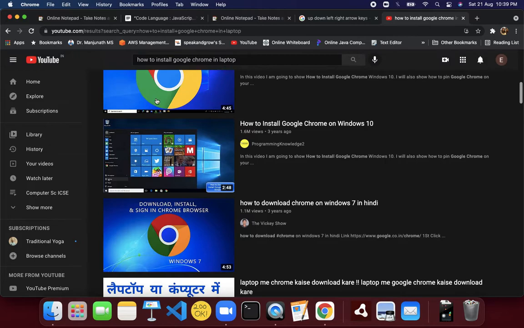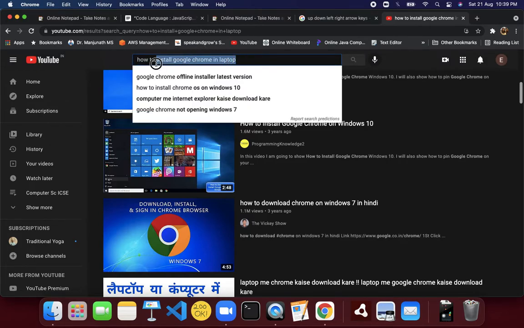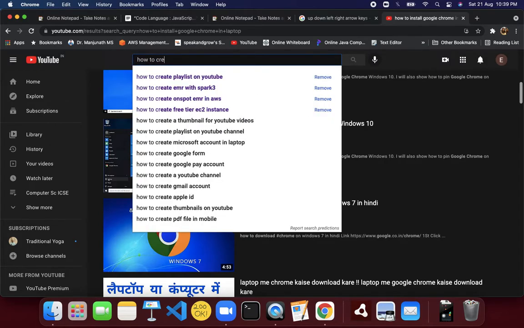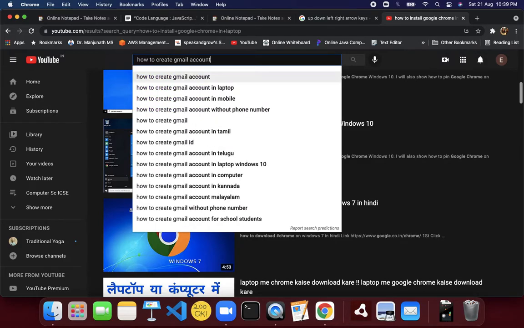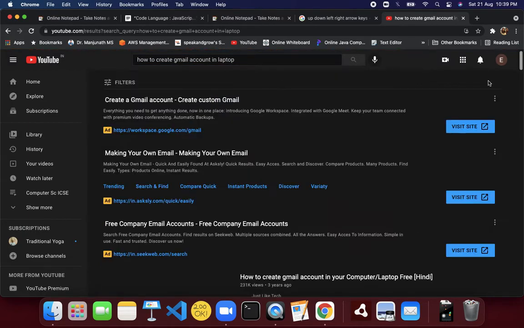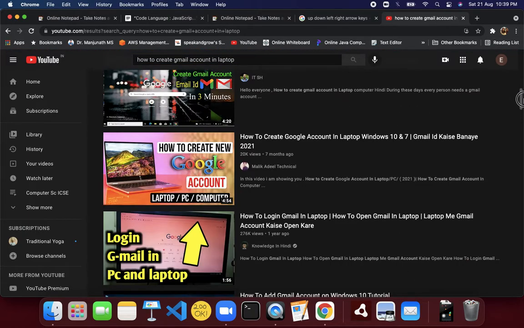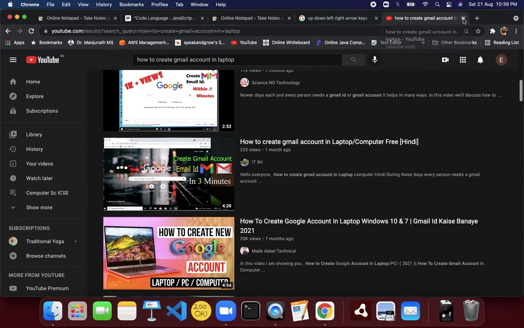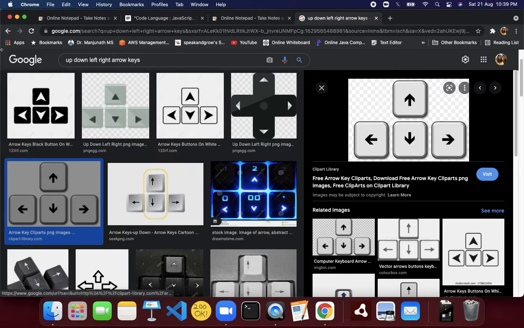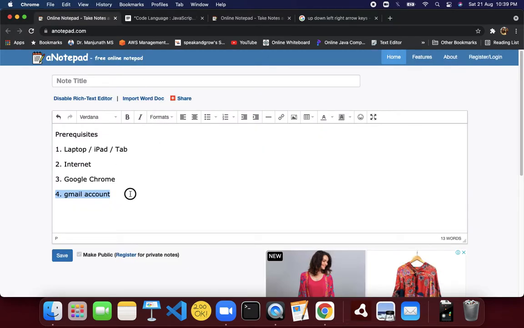So let's search here also for how to create a Gmail account, and you will find a lot of help already there in any language, so you can select one and check how to create it, or you can ask your parents to do it for you. Now let us get started. Once you are ready with all these prerequisites, then we are good to start.